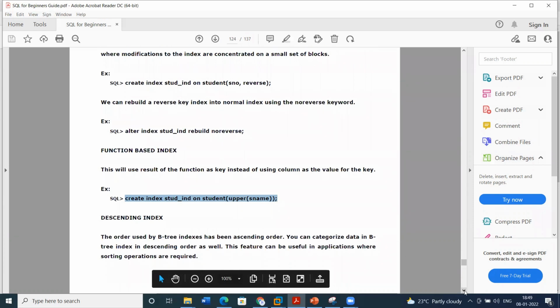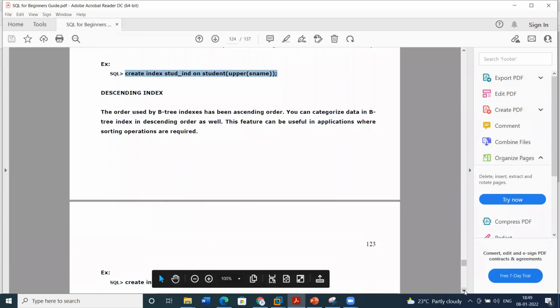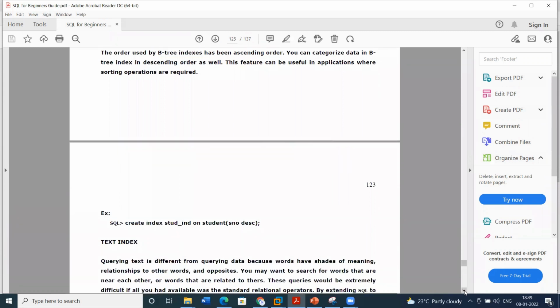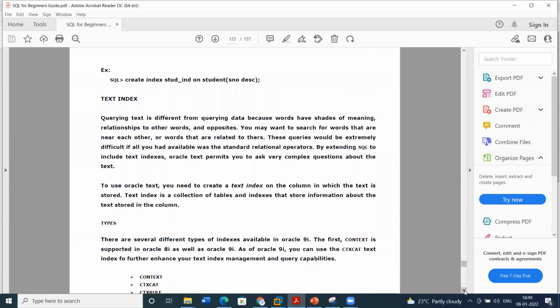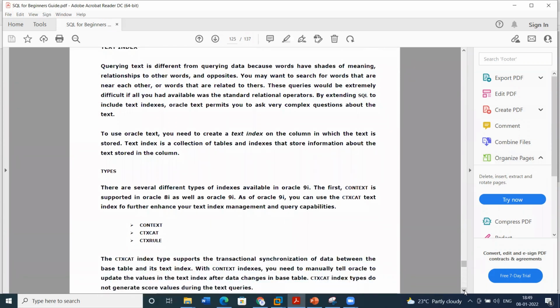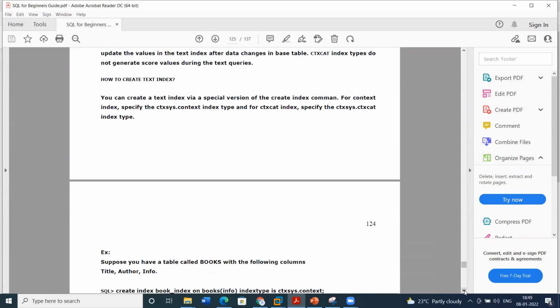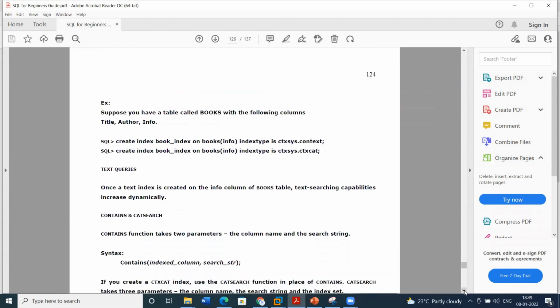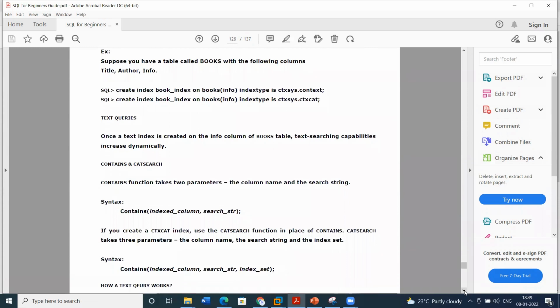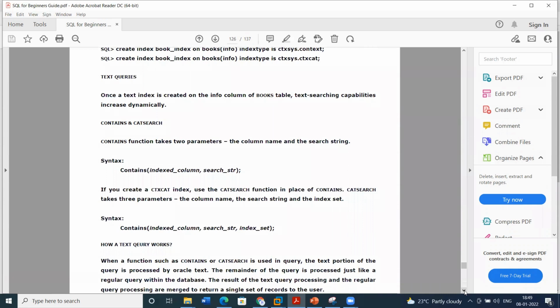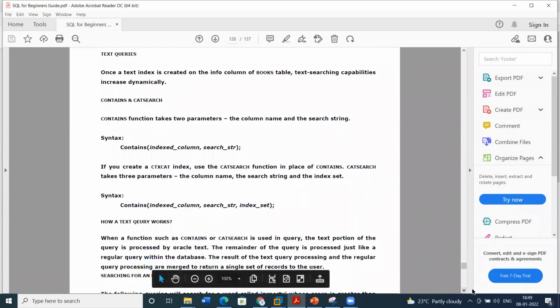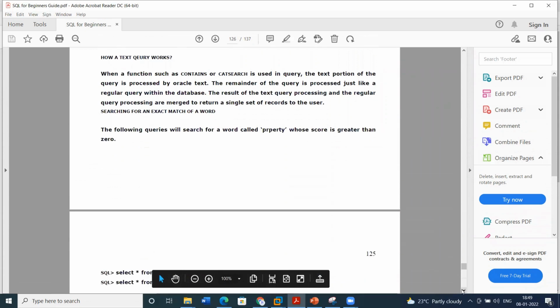Descending indexes set the order, either ascending or descending, and you can create these. For text indexes, if you have text data in a column, with different types of text data, we use text indexes and text queries. Once the text index is created, we use text queries. These are the syntaxes for text indexes with different examples.